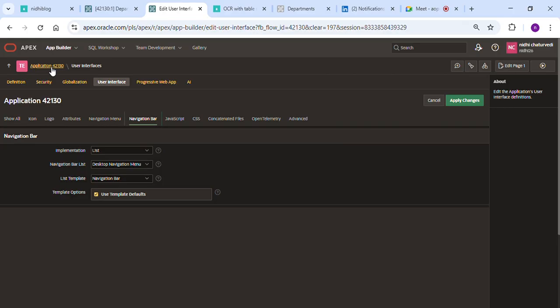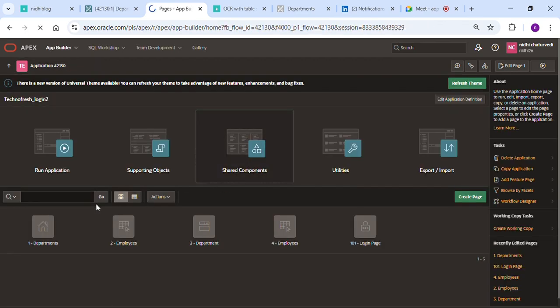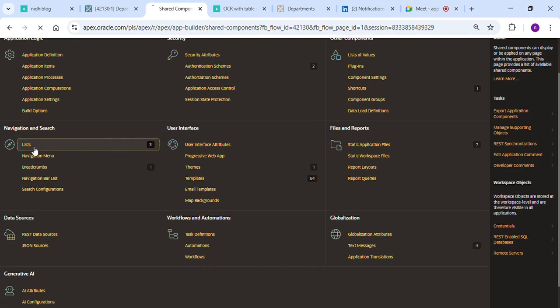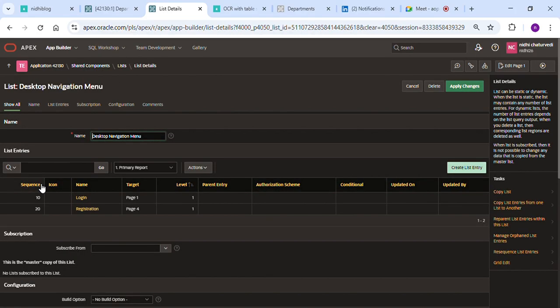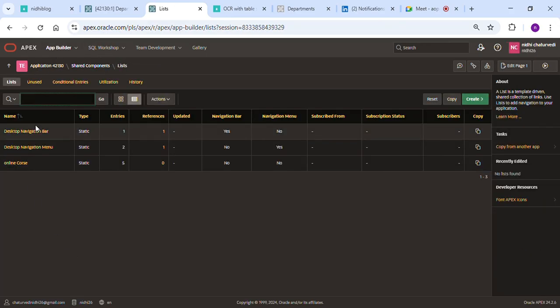Because whenever I created the menu pages, they were automatically inserted in this menu, correct? But right now we are using the navigation bar.